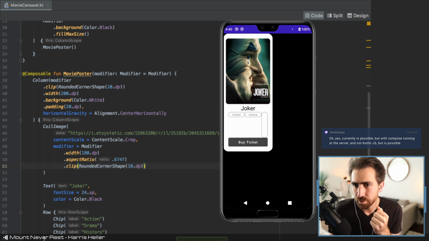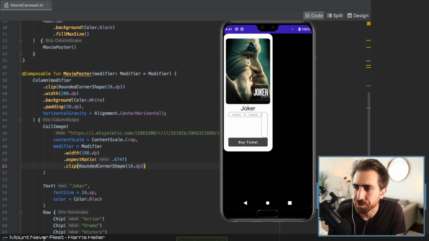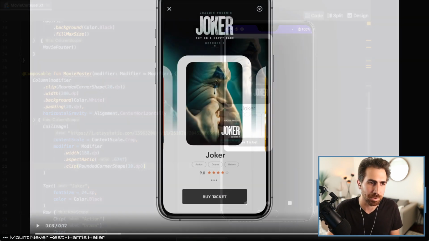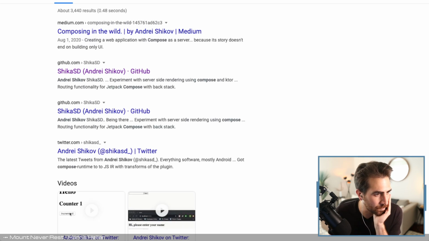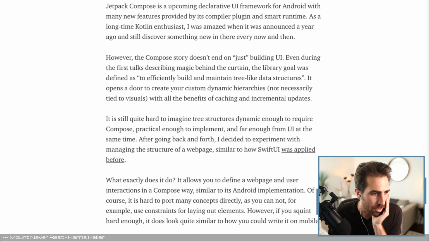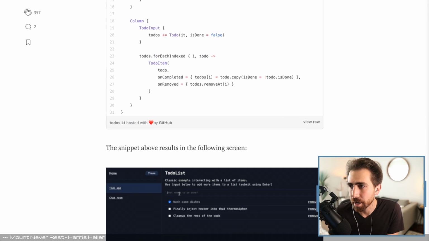Can we build web apps using Jetpack Compose? Certainly not at the moment, but I think that would be a really cool path to go down, especially with Kotlin JS and stuff like that. So Andrei Shikov, he's active in the Kotlin Lang Slack and stuff like that. He's got a project. Let me see if I can pull it up. So he's been doing some really cool work with Compose,